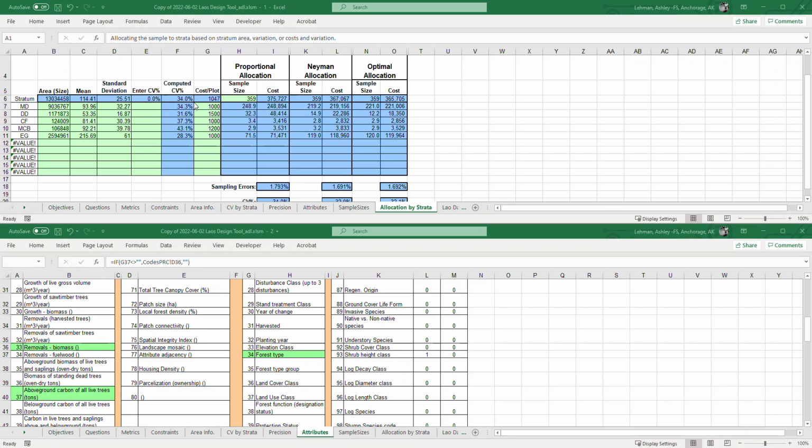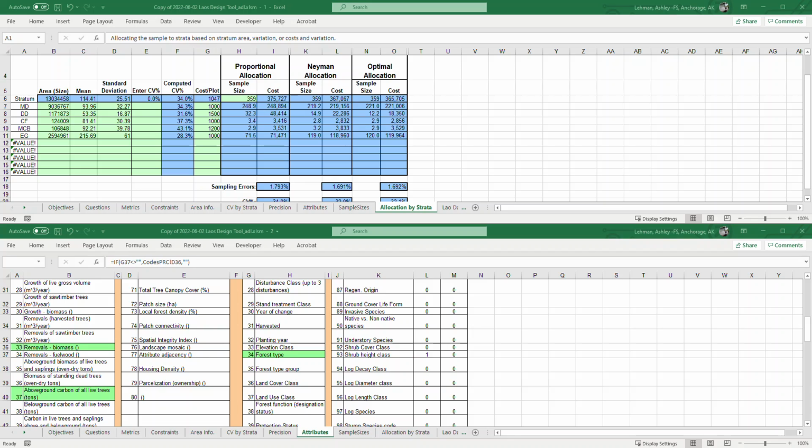You can also put in a cost per plot, so you can change this for different stratum. If some stratum are more difficult and costly logistically, then you would want to change the cost here. And this gives you a proportional allocation of your sample size on these different stratum